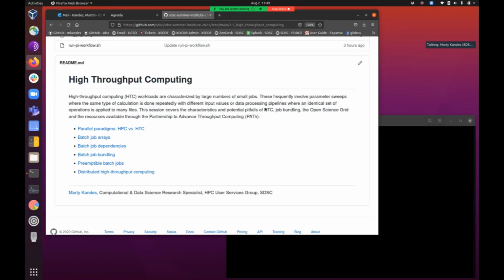You might just need a large number of small jobs run over a great amount of time to get your work done. And so that's what we're going to talk about today, some of the nuts and bolts practicalities of starting to understand some of the tooling you have available on a system like Expanse or any HPC system to start building these high throughput computing workflows in a